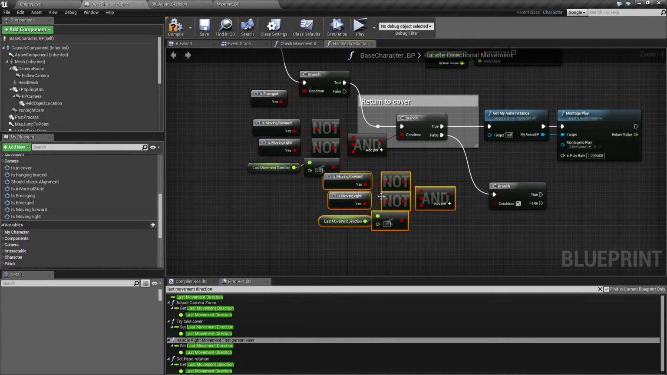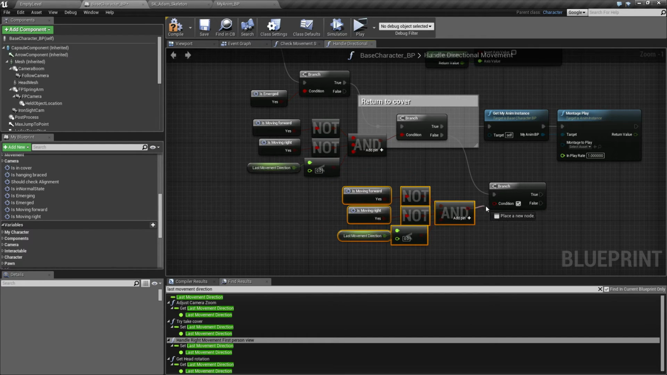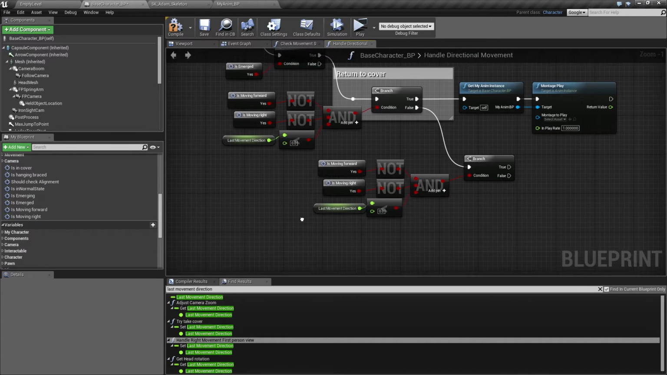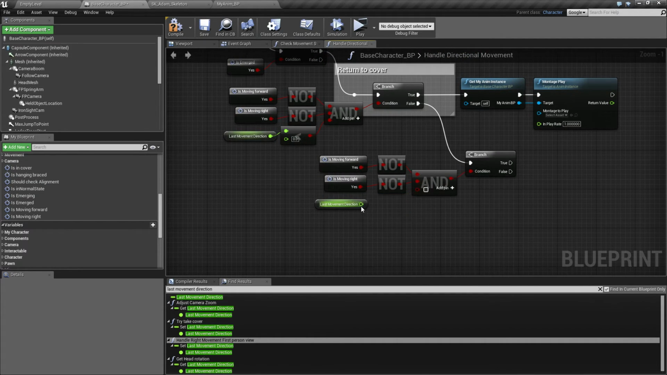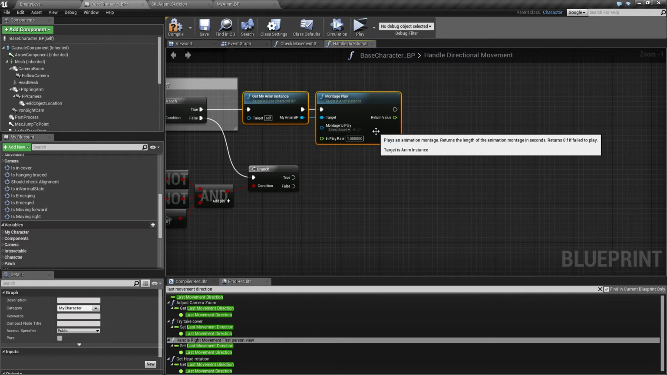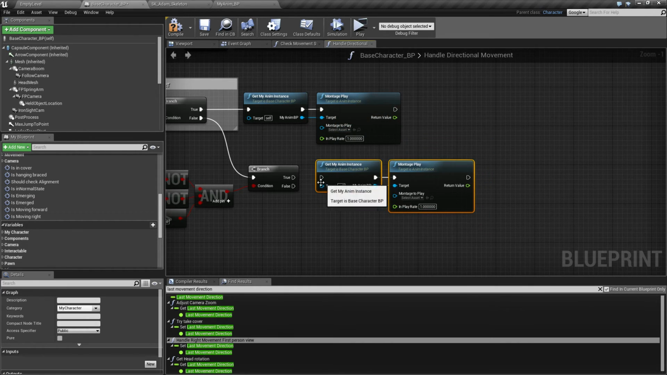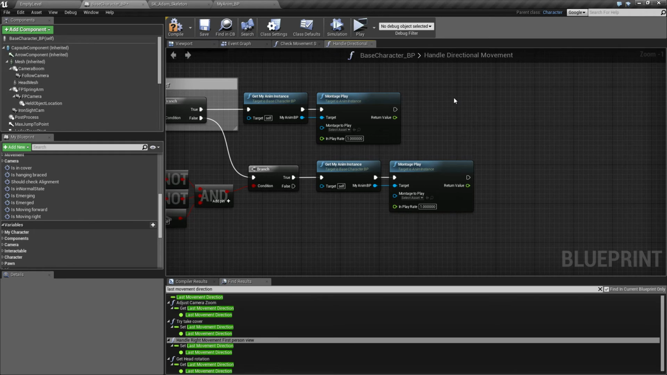And so we can copy all of this and say, okay, if we are not moving forward and we are not moving right, but our last direction was greater than 0, then we want to do the same here, play a montage back. So duplicate this, and that should be it, I think. In any way,